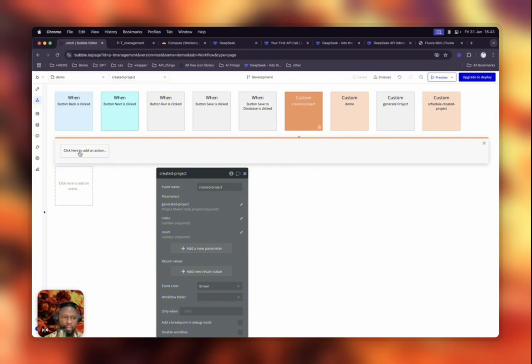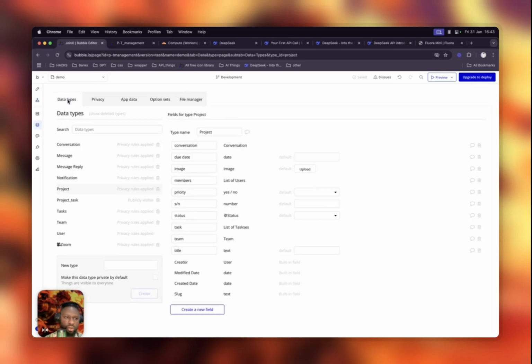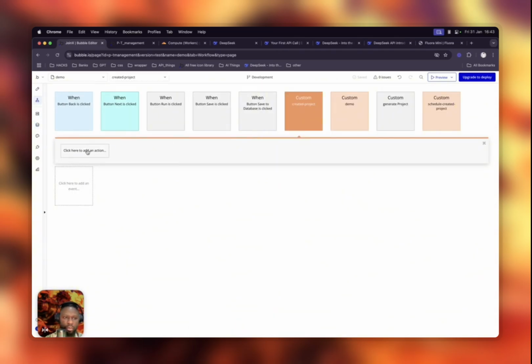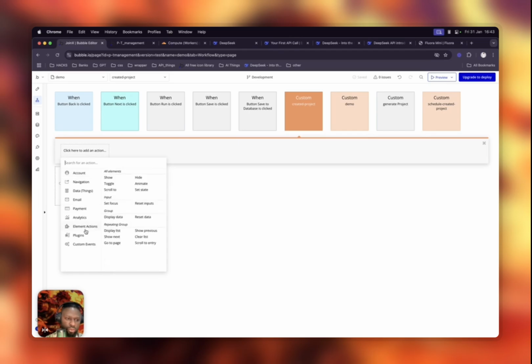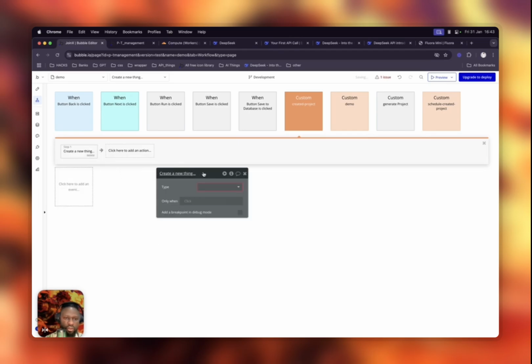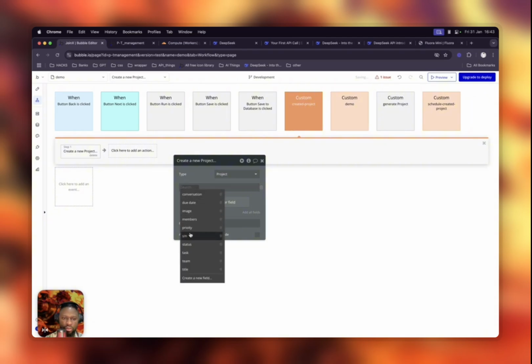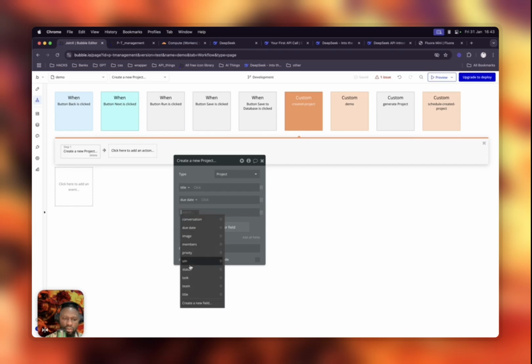So what we are going to do is, we have a data type already called project. This project has a due date, it has a status, and we have a title. So in here, we are going to create a thing, and this thing is going to be called Project. And we need the title, we need the due date, and we need the